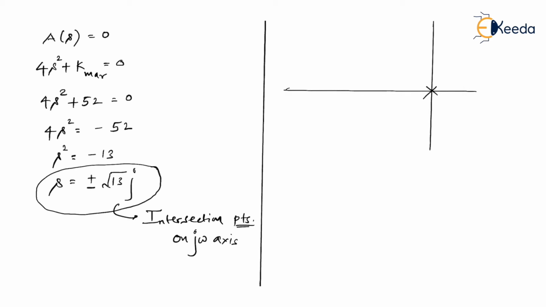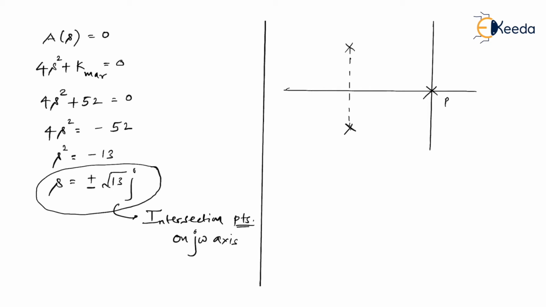So we have 3 poles here. You know that the angle of departure is to be calculated only for complex conjugate poles. So we have only 2 complex conjugate poles, but out of them we have to calculate the angle of departure for only one pole, because for the other pole it will follow the same, since there is always a symmetry about the real axis.